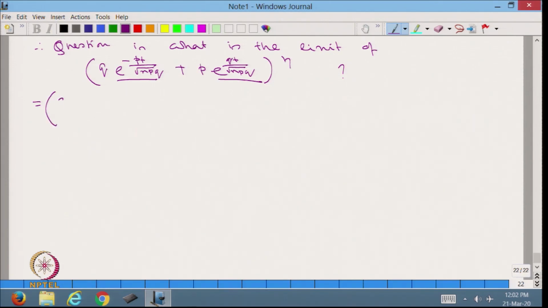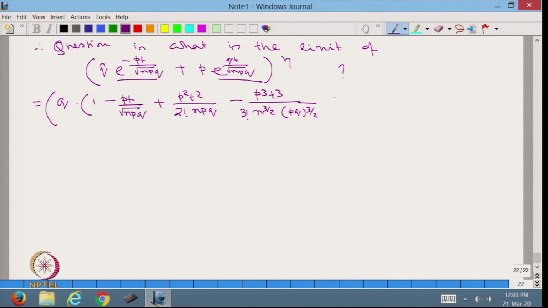Therefore, we are writing it as q times (1 minus pt upon root over npq plus p square t square upon 2 into npq minus p cube t cube upon n to the power 3 by 2 pq to the power 3 by 2 into factorial 3 plus